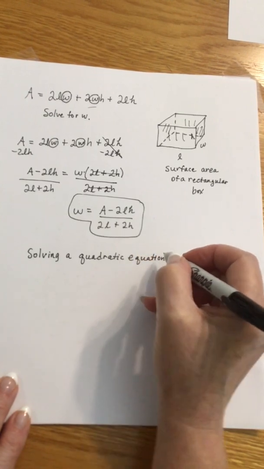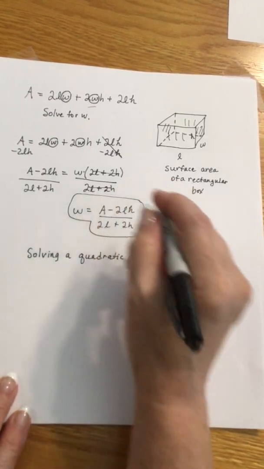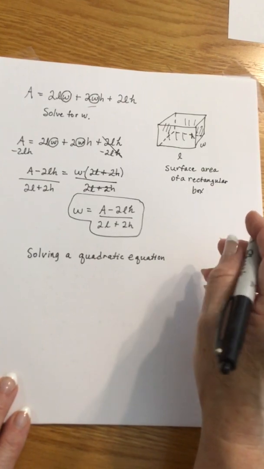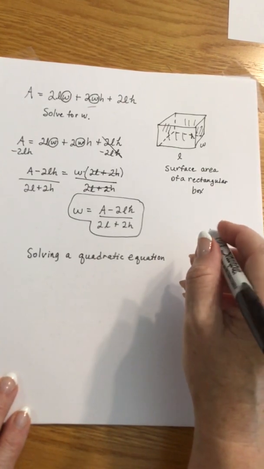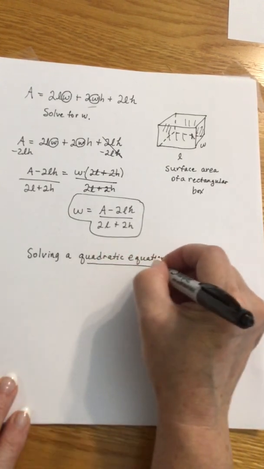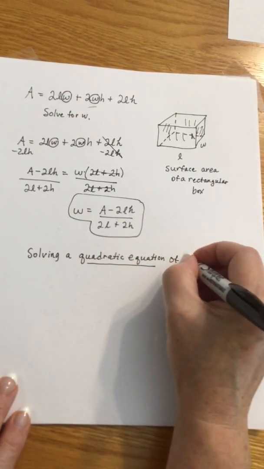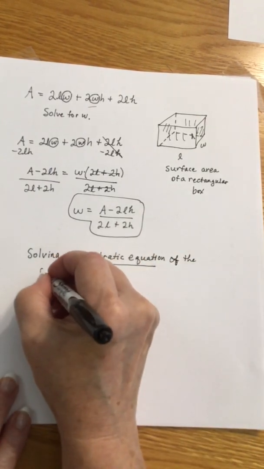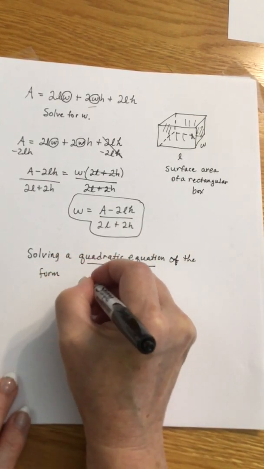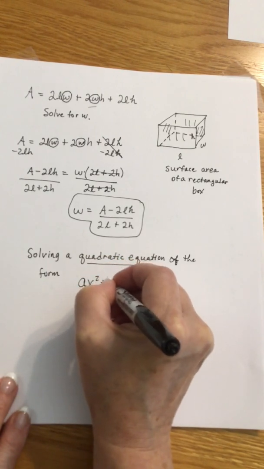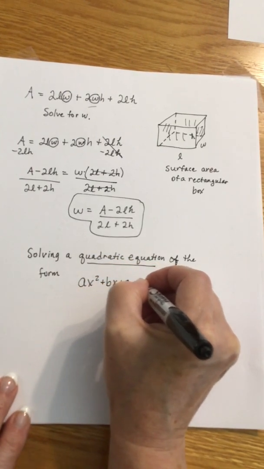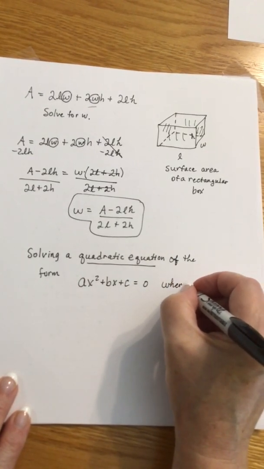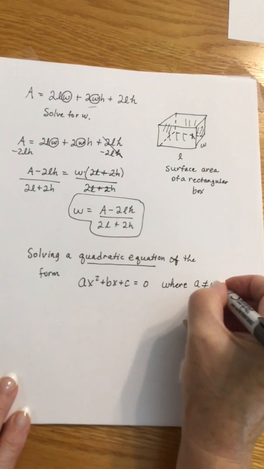Now the ones that we did before, if we look at that original one, it was to the first power, so that would have been a linear equation. So this quadratic equation is going to be of the form ax squared plus bx plus c equals 0,